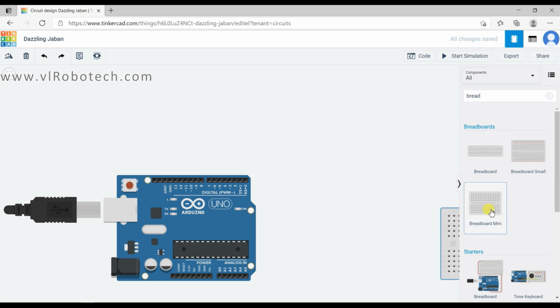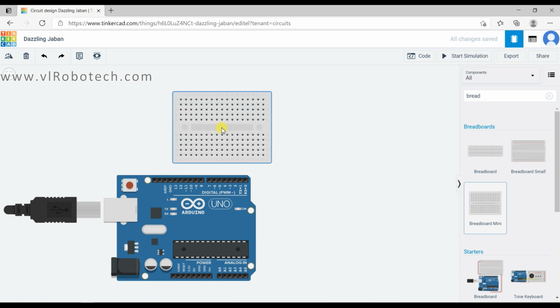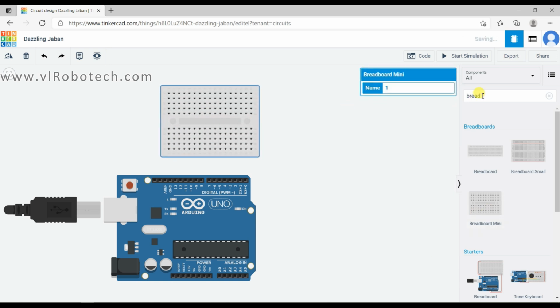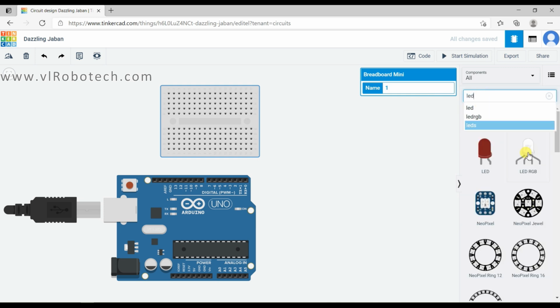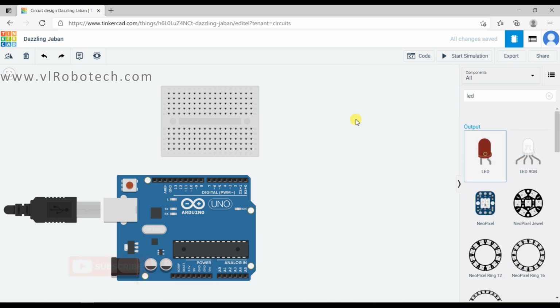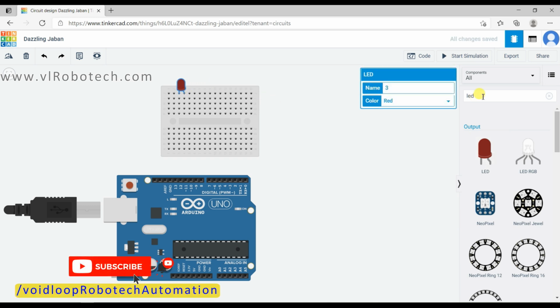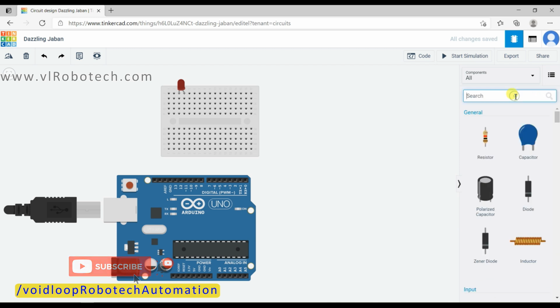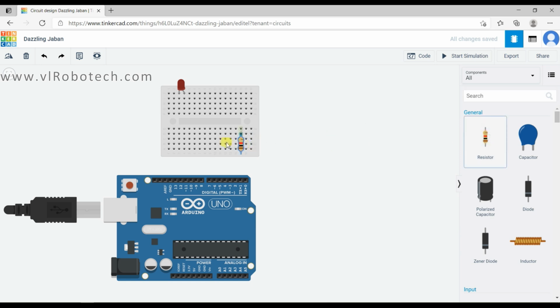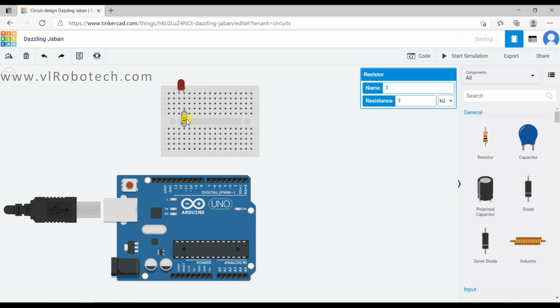Okay, now I will take LED. Okay, resistor. I will take this resistor. Resistor value is 220 ohms.